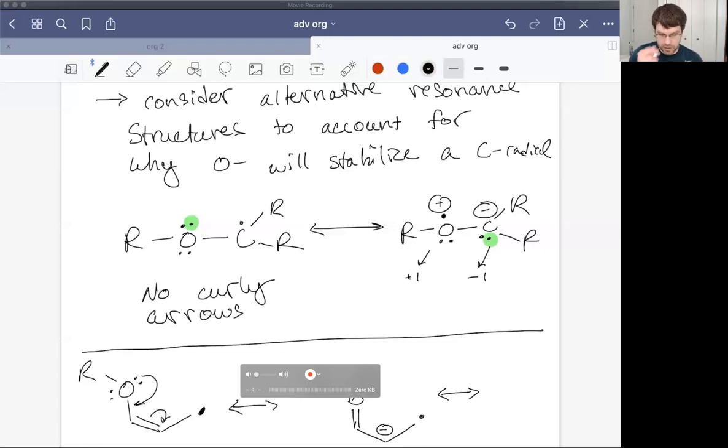If I'm going to show this resonance structure stabilizing the free radical, which it does provide stability, I just need to hop one of those lone pair electrons over to give rise to a free radical here, negative charge here, positive charge here. So I can show arrows to help me understand why the lone pair electrons can delocalize into the alpha position